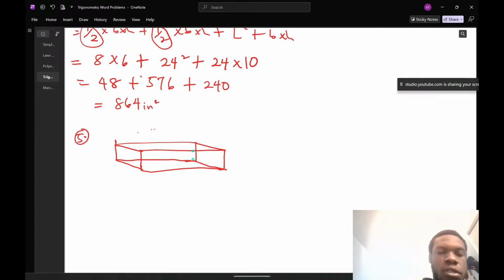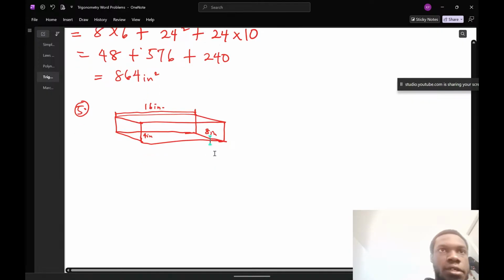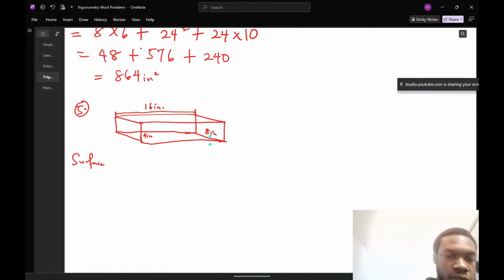The length from here to here is 16 inches. The length from here to here is 4 inches. And the length from here to here is 8 inches. So this is a rectangular prism, okay? The surface area of a rectangular prism